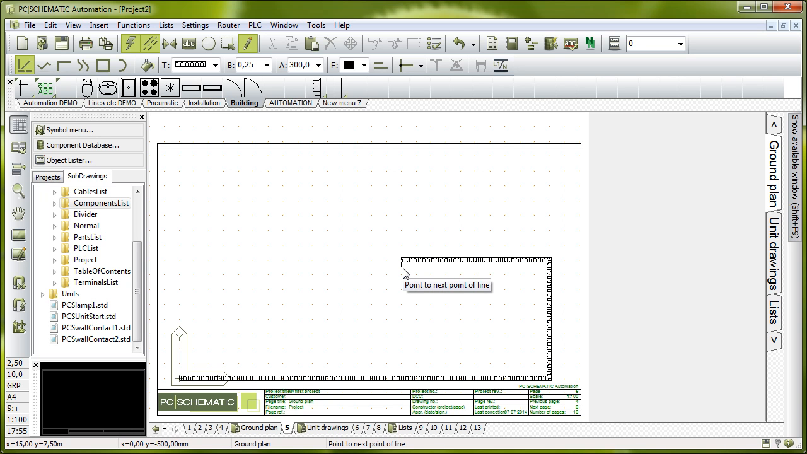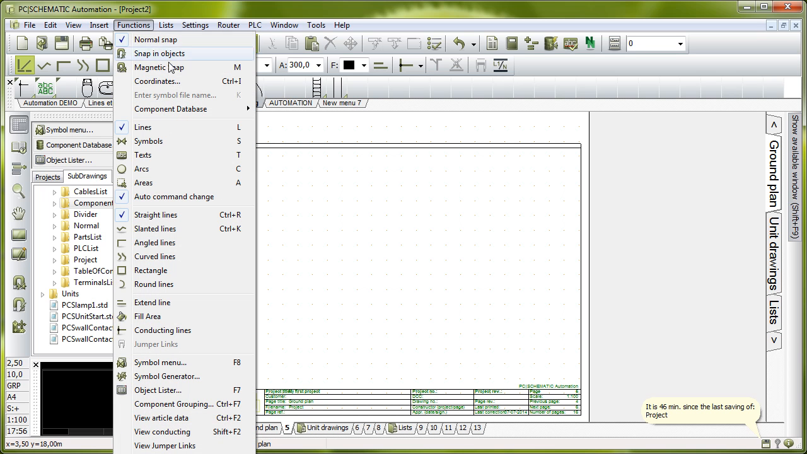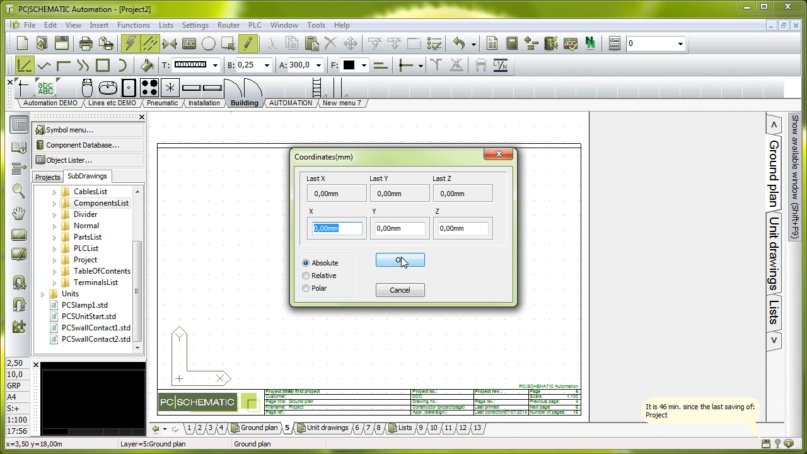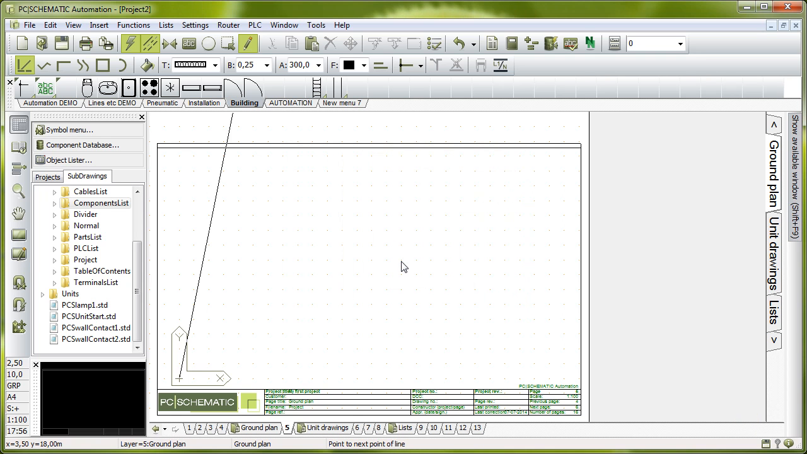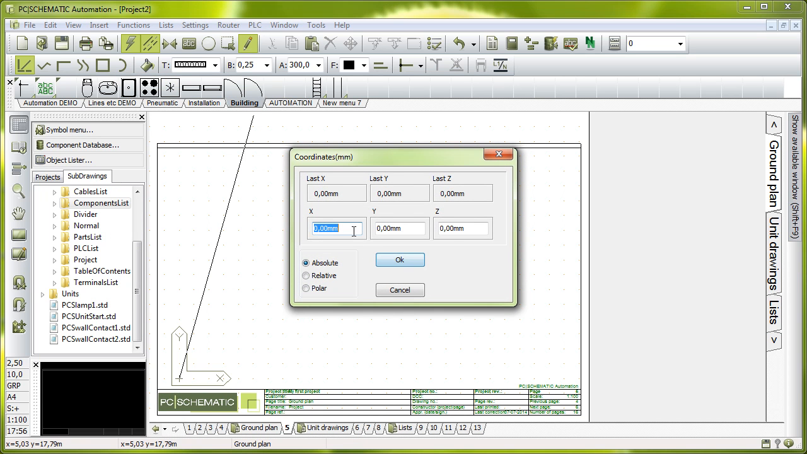If I don't want to do it this way, I can just use a coordinate function that I have in the program here. The function is found in functions, and it's called coordinates. By using this one, I can simply go in and say that I want to place my line in some coordinates. It's got a shortcut that I'll use next time, Control I, and if I want to have a line start from 0.0, then I can use this once to place my